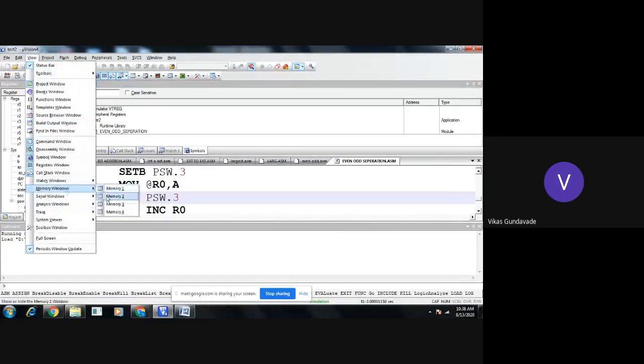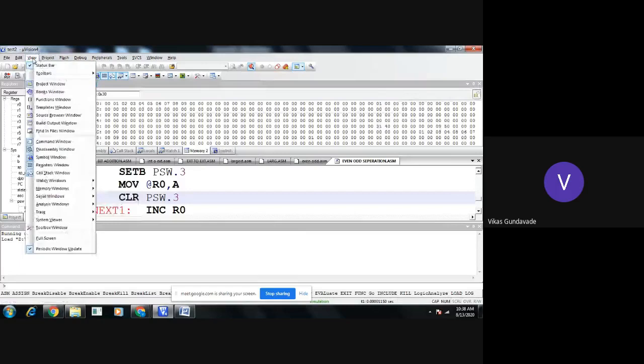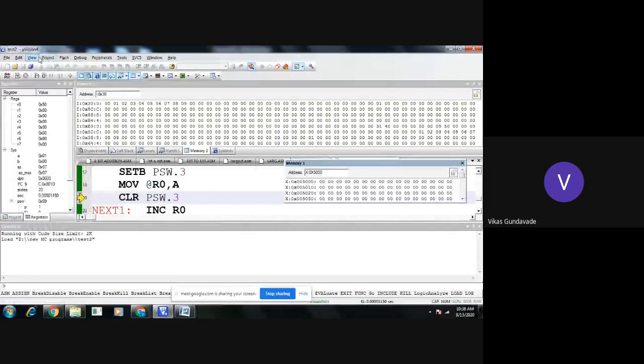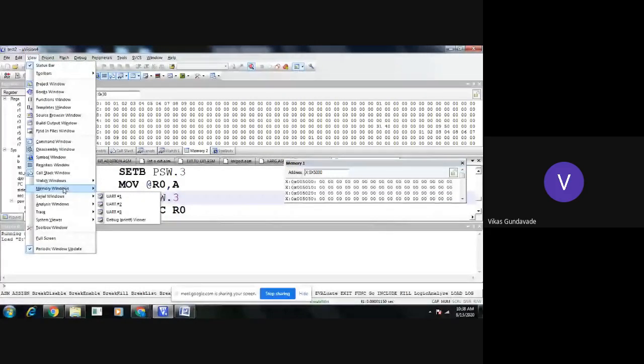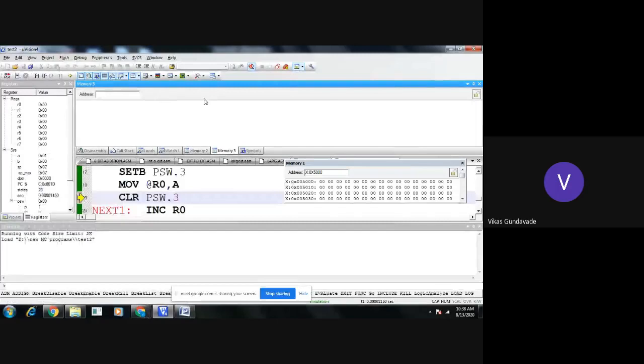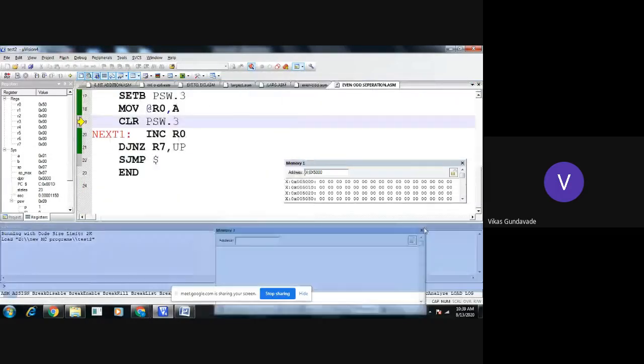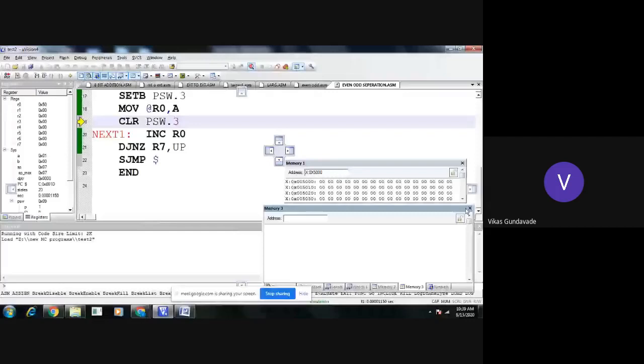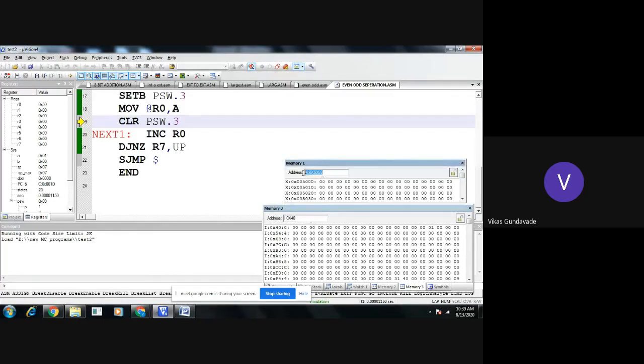We will take memory windows as memory 1 and again memory window memory 3. So here we will take I colon 0x40 and here we will take I colon 0x50.